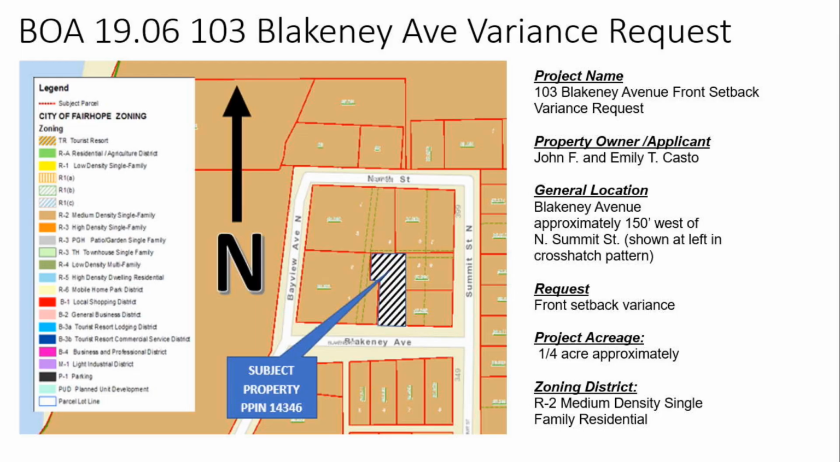This is a front setback variance request. The property owner is shown above, and you notice its general location. The subject property is shown in the crosshatched area on your map with the PPIN identified. It's approximately 1/4 acre, and both the subject property as well as the surrounding area is zoned R2 medium